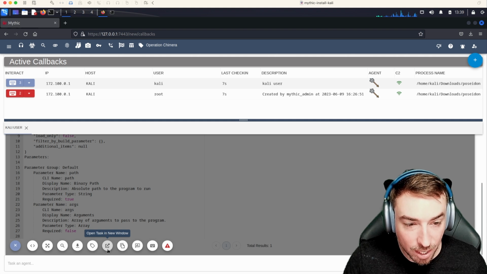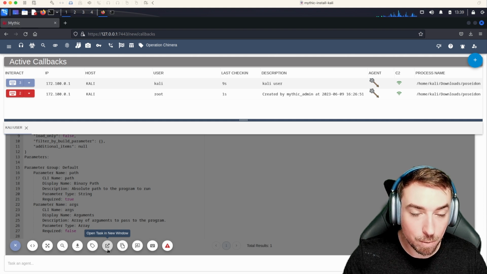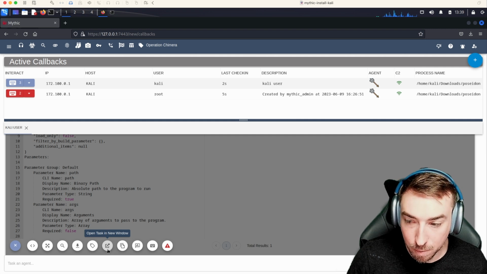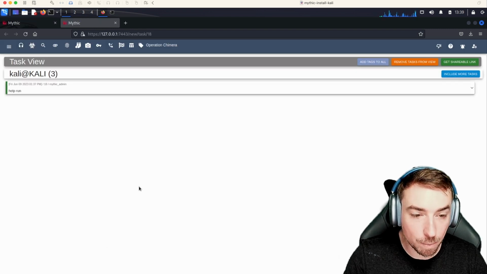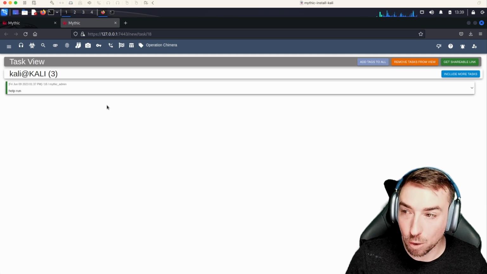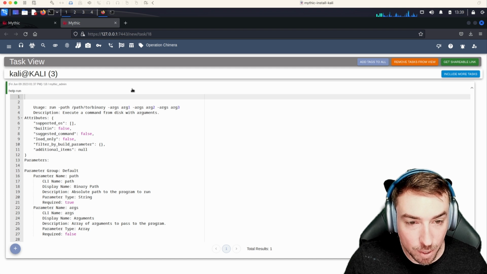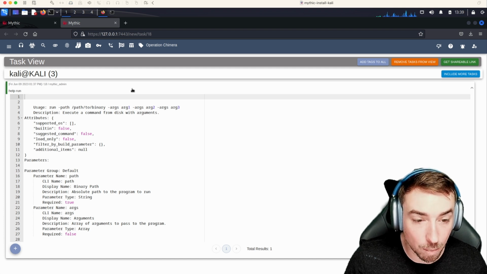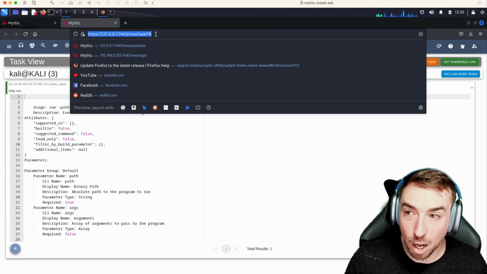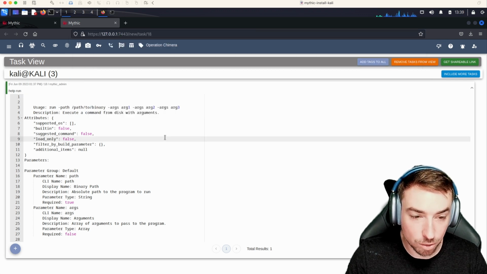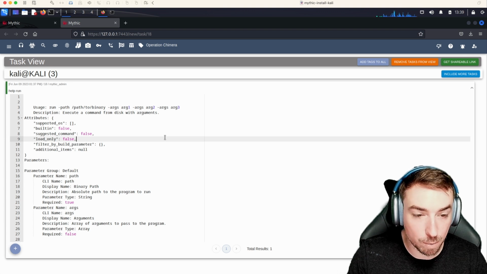If you want to open this task in a new window, so maybe you don't want to view this task within the context of everything else that's happening on this page, you can click the expand button here. It opens up just this task in a whole new window where you can see it in isolation. This also makes it super easy to share tasks amongst operators because you can simply copy this URL, which will allow you to link directly to this task. So you can share that amongst operators, put it in channels or whatnot, and easily reference back to different things